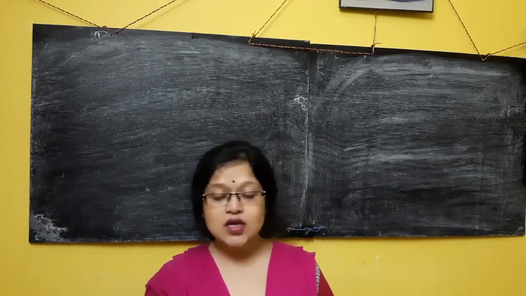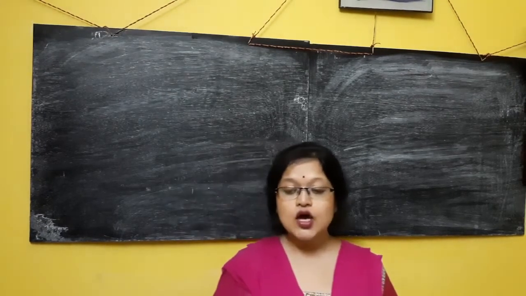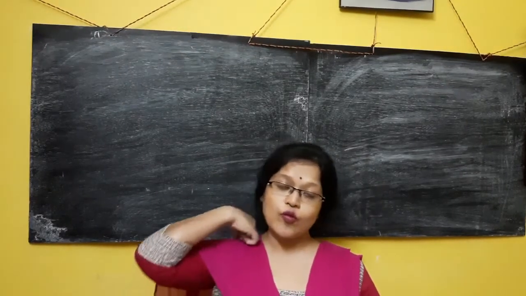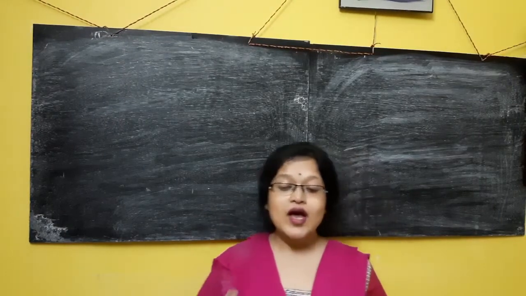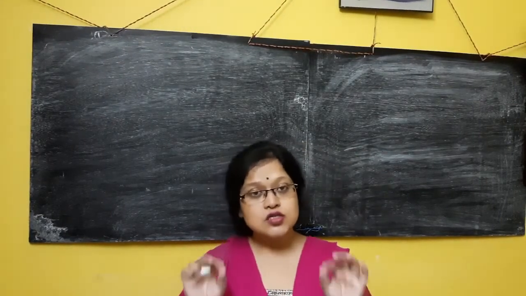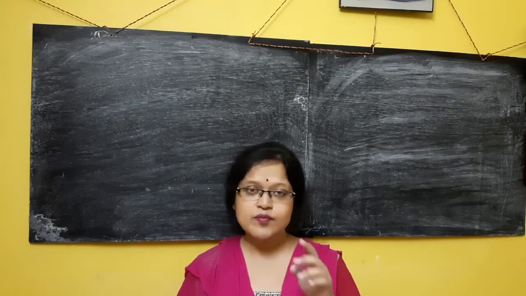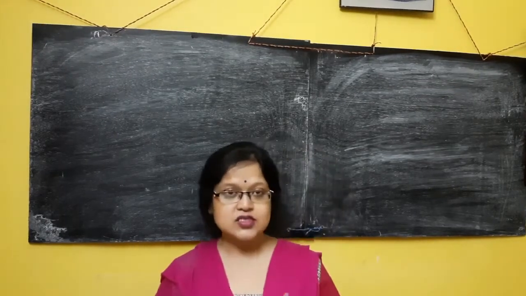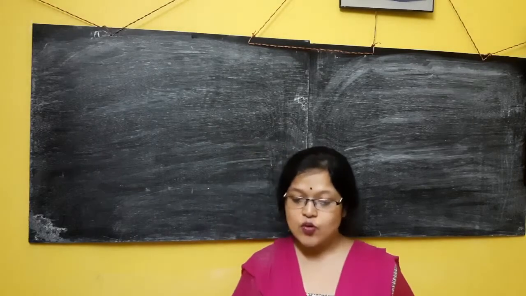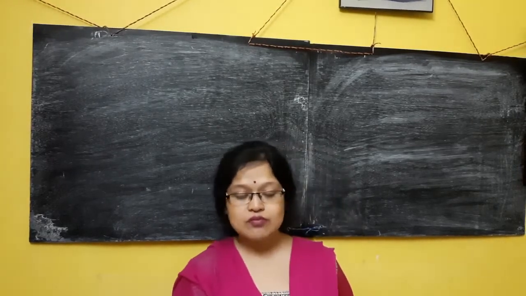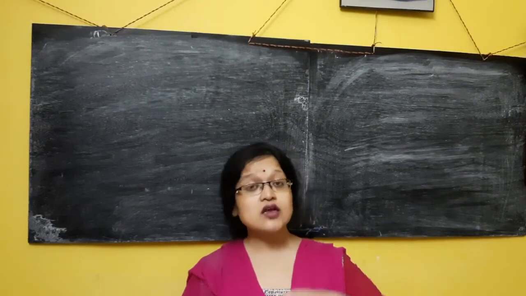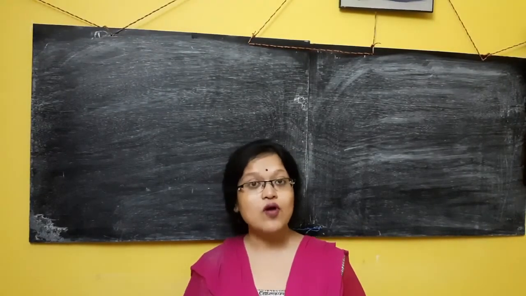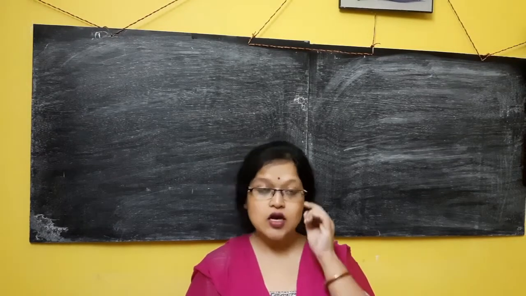Now since we are doing the revision of light, for both sections 10A and 10B, when you open your copy, you can see we have done test paper solutions up to 2-3 pages probably. After that I started my revision. That's the first thing. And the second thing is that whenever there is some deduction, since it was done many days earlier, here I will give you a quick recapitulation on that. So let's begin.